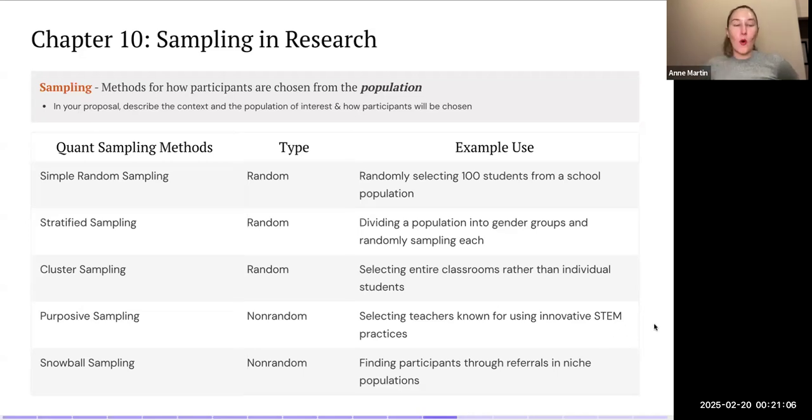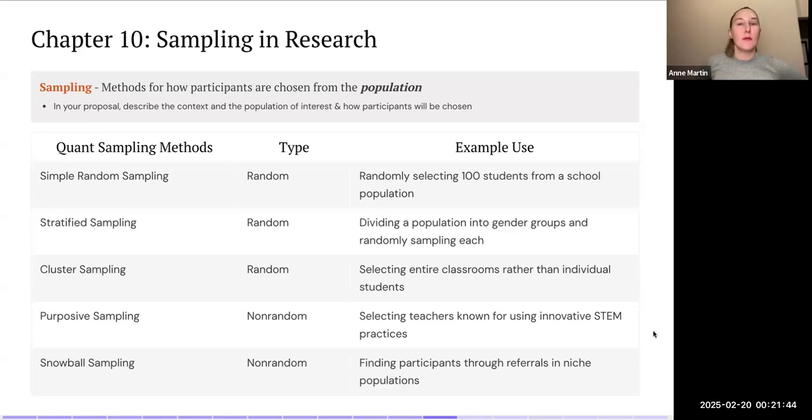So here are some quantitative methods. Some of these can also be used for qualitative, the two that are non-random, but these could be used for quantitative. So we have our random sampling procedures, such as simple random sampling, stratified sampling, where you will make subsets to make it more representative, or cluster sampling if perhaps it is either more representative or more feasible to do it that way. Purposive sampling is when you have your list of criteria, like